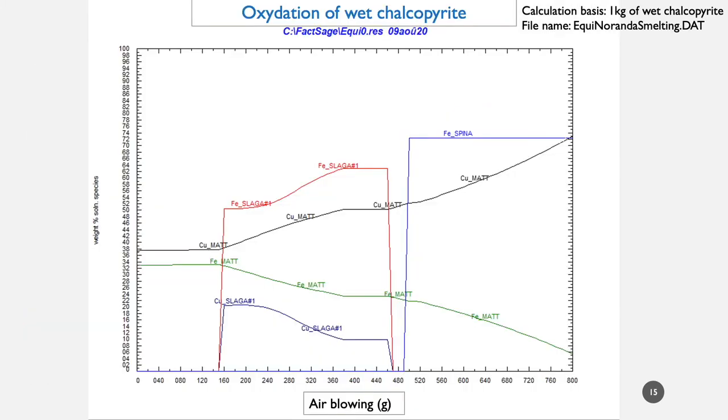When plotting, this is what I got, and you can see as we are blowing air into the smelter, the copper concentration in the matte is going up while the one of iron is going down, and we are forming iron in the spinel phase, which is stabilizing. As I said before, we want a concentration of about 70% in the copper, which corresponds to 780 grams of